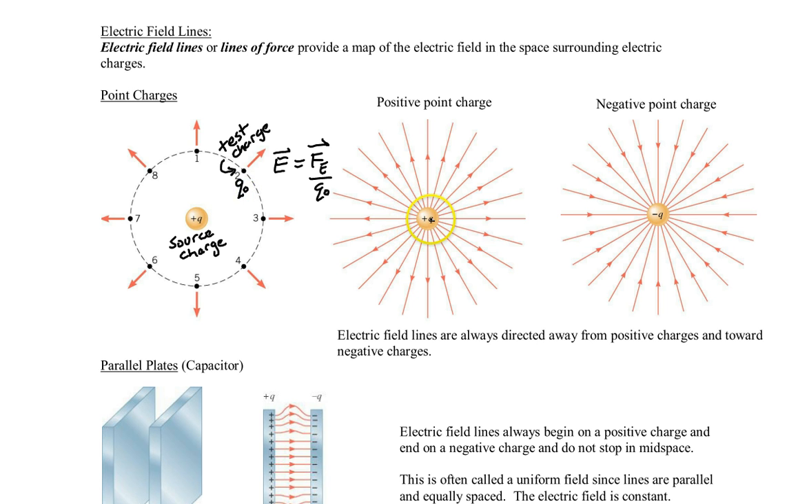A positive source charge produces electric field lines that move radially away from this source charge. A negative source charge, on the other hand, produces electric field lines that move towards the source charge. What you see here are called electric field line patterns, and they are used to help us visualize the fields